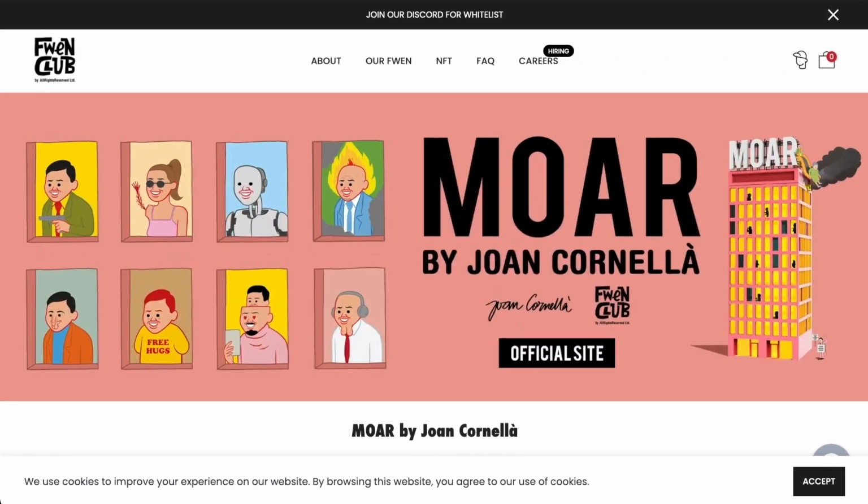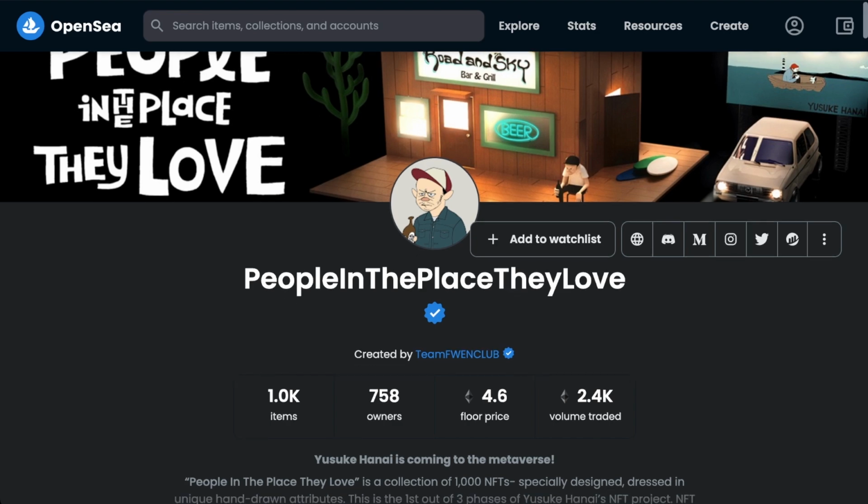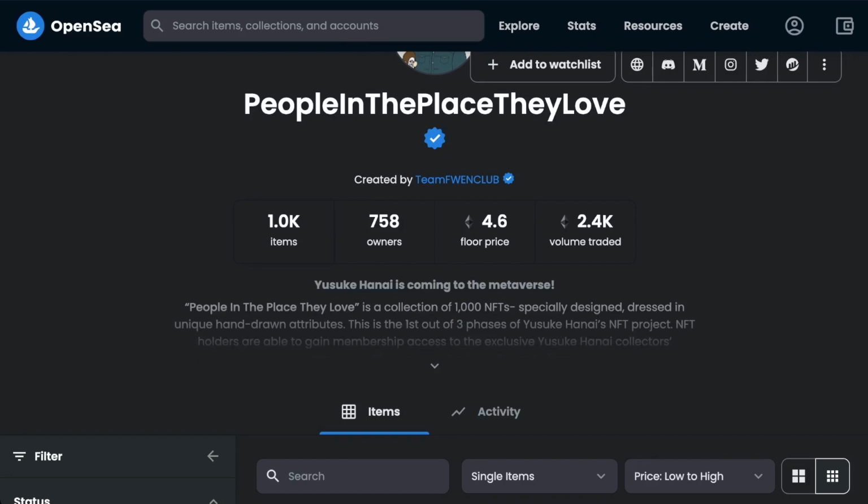The reason I say this is important is if we have a look at this project, which has also been dropped by FWEN Club, People in the Place They Love. This has a 1,000 item supply with a floor price of 4.6. I know this is a completely different artist, but what you need to consider is that it's part of the same collective, and people may not be collecting from the artist, but they may be going from the support crew around it, and this will actually play an influence in people's